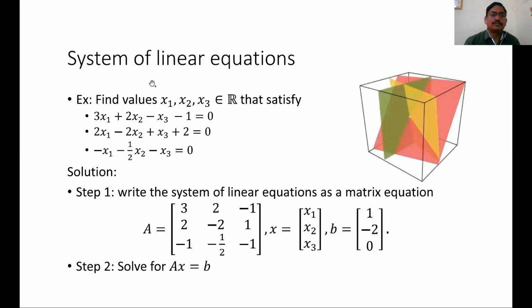And another important part, solving the linear systems. What do you mean? Suppose this is a plane, this is another plane, this is a non-homogeneous system. You must write it in the form Ax equal to B. X are the variables x1, x2, x3 here, A is the coefficient matrix, and B is the constant matrix.